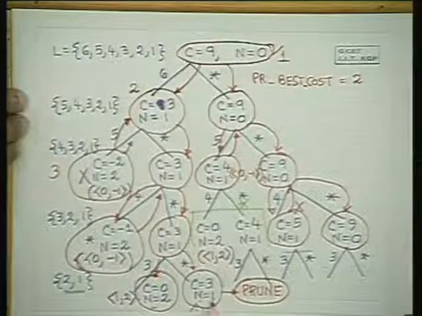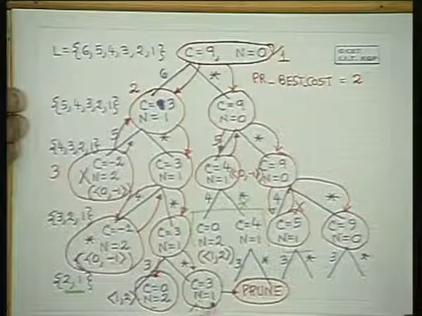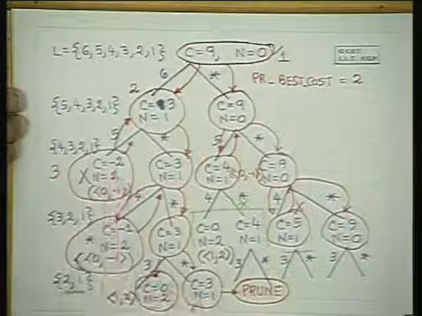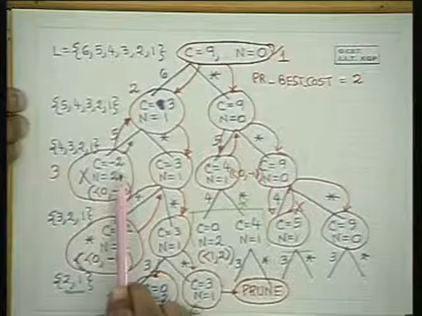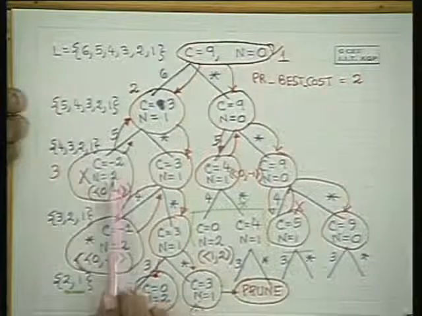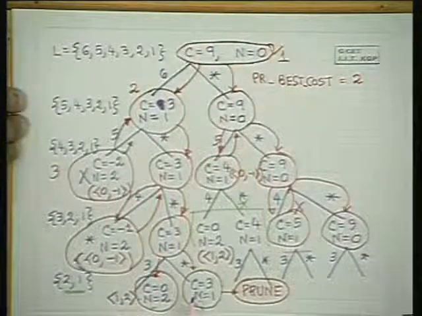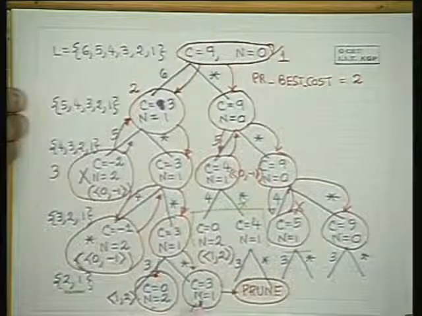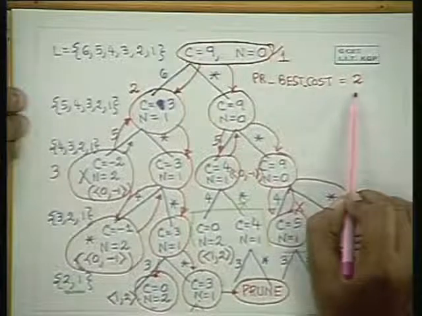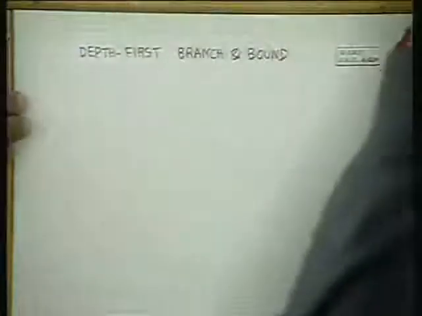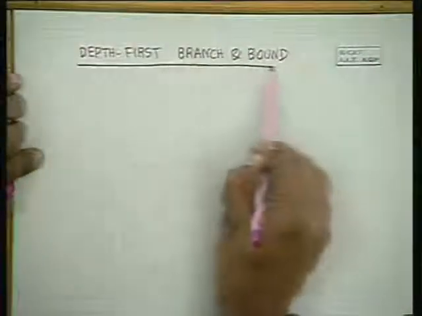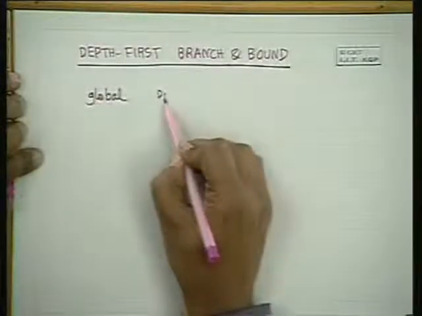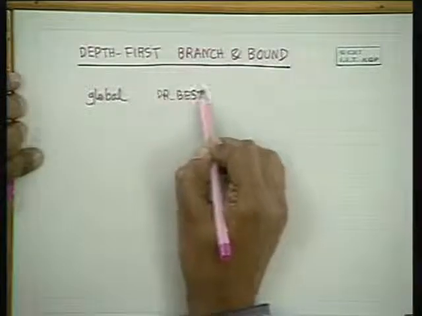It must be more than n plus 1 at any point which is not a goal node, which is not either C is not equal to 0 or C is not negative or L is not null. I am definite at this point that the solution cost is greater than or equal to n plus 1. Therefore, that is the bound which I use with my present best cost. Therefore, what I do in depth first branch and bound for the stamps problem, I keep a global present best cost,